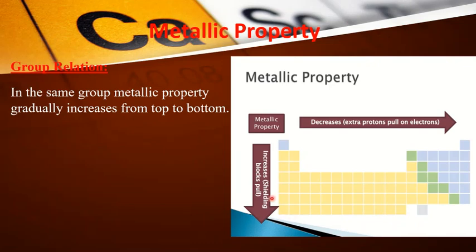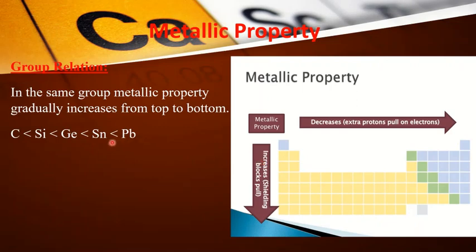If you consider the elements of the first, second or third group, then they are all metals. Metallic property gradually increases, but you cannot explain it by showing these elements because they are all metals. And the elements of groups 16, 17, 18 are all non-metals. So you cannot explain the metallic property by using these elements either. But we can take the elements of the middle groups. Suppose the elements of group 14, where there are carbon, silicon,